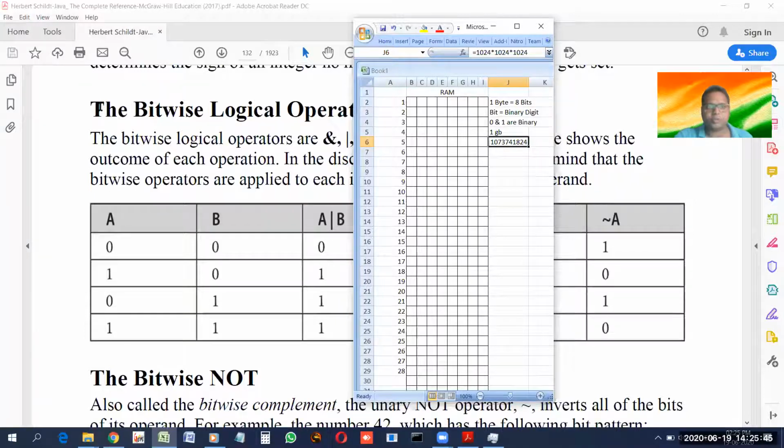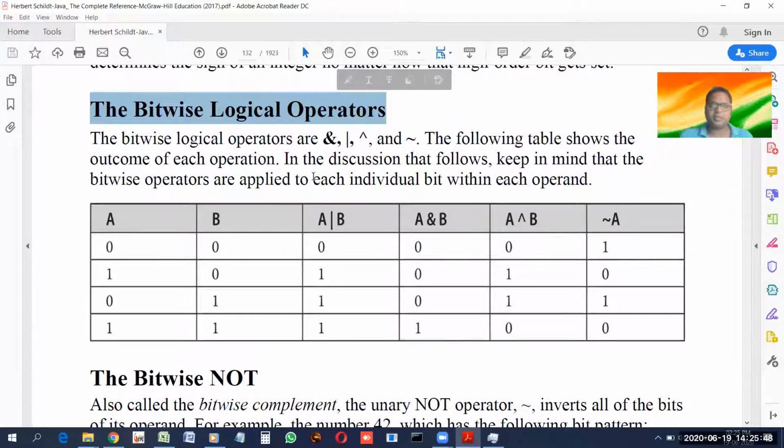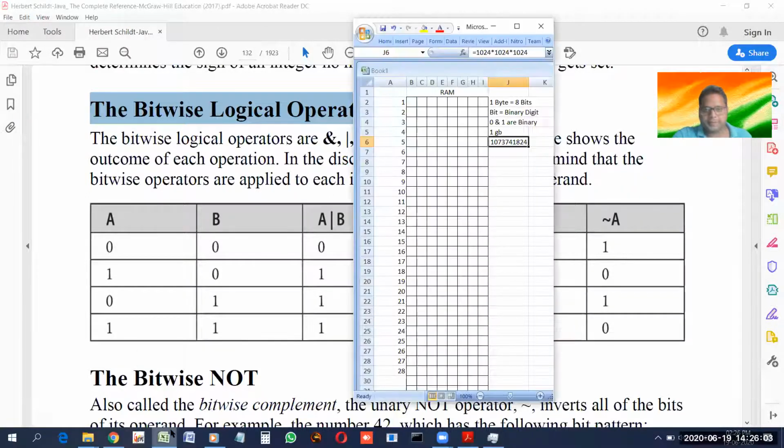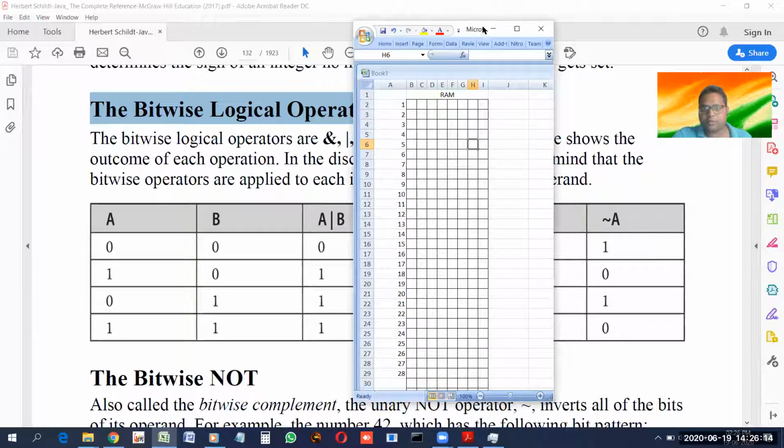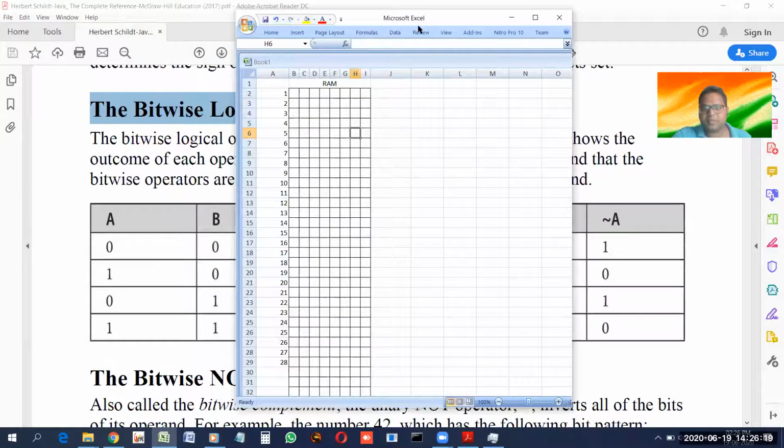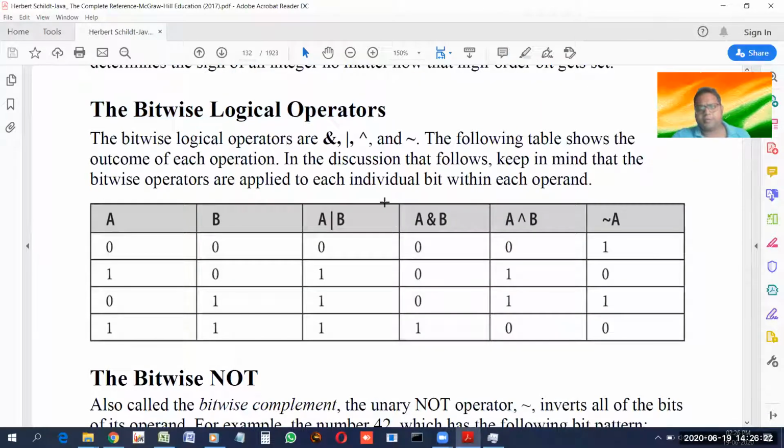Our motto is to understand bitwise logical operators. Bitwise simply means we are working with bits, the bits that are stored in the RAM. With them, we have to work. So, okay students, let's now continue. We have made this ready so that we could use it. Let us erase the things and make them clear. And we'll come to this later on. Let's keep the things a little to the side, in the corner. Okay. Now come here.